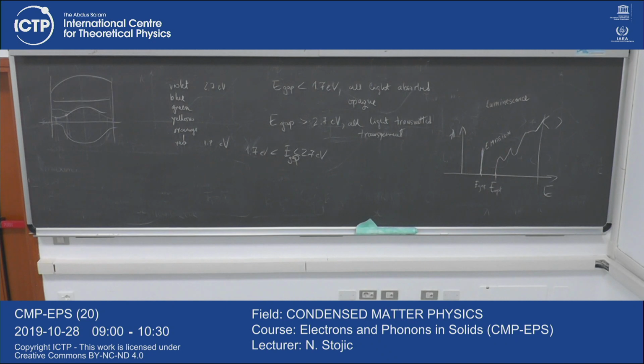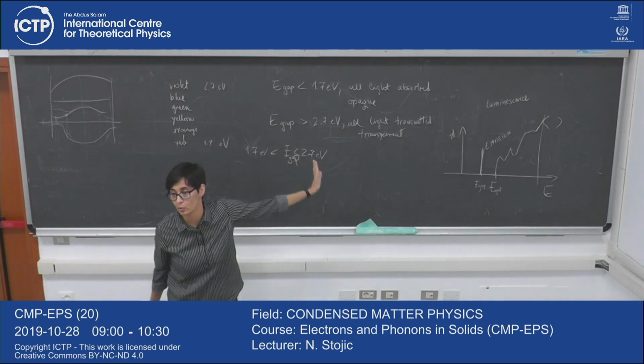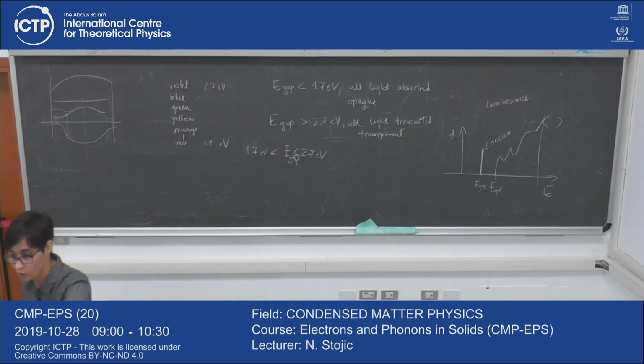For the materials with the energy gap greater than 2.7, we said that since there is no possibility of absorption, that light will be transmitted. Why only transmitted? Because there may be the probability of reflection. I'm saying for the light which can be absorbed, there is always a reflection part, and it depends on the crystal, on the system.